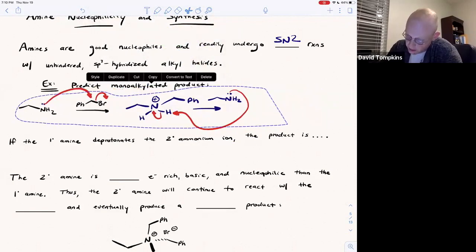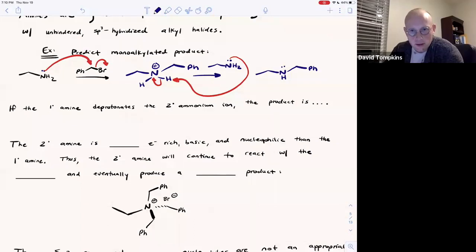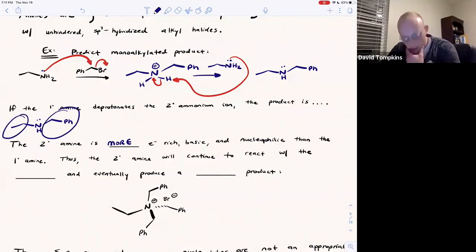And if that happens, then it's going to give us a new lone pair on what is now a secondary amine. Okay, so if the primary amine deprotonates the secondary ammonium ion, then you're going to get this product, this benzyl ethylamine. And the secondary amine we have here is more electron rich. Therefore, it's more basic and more nucleophilic than the primary amine, all right, because it has two sigma donors now, or two alkyl groups,